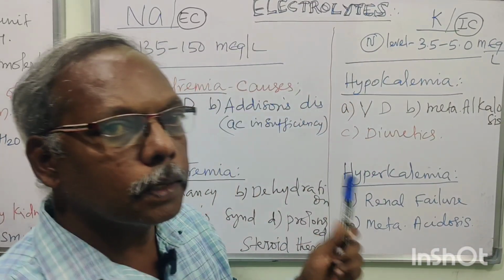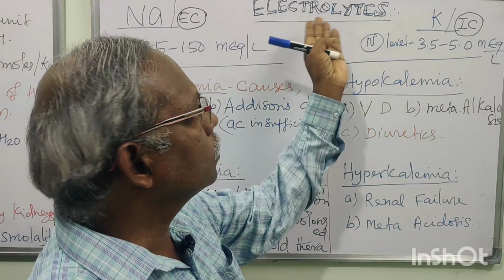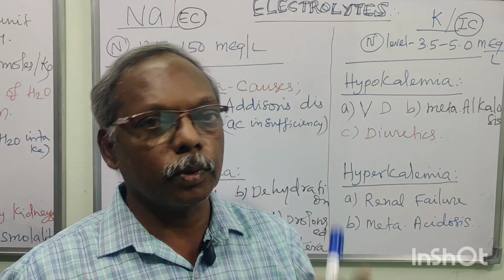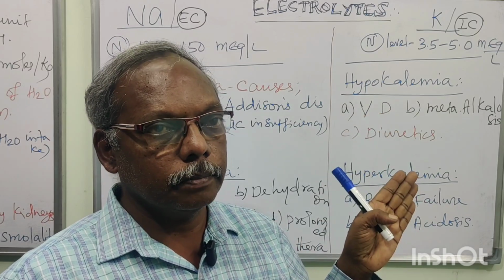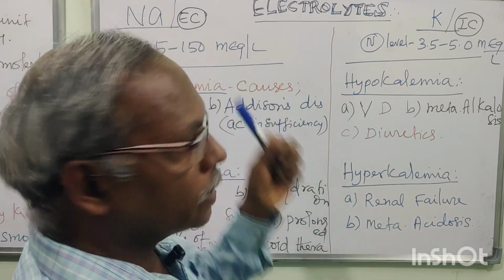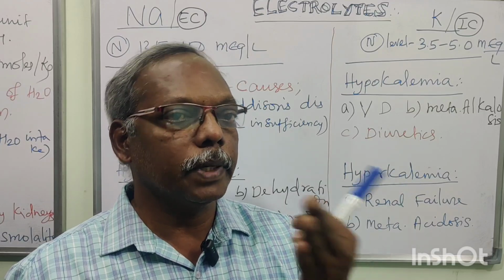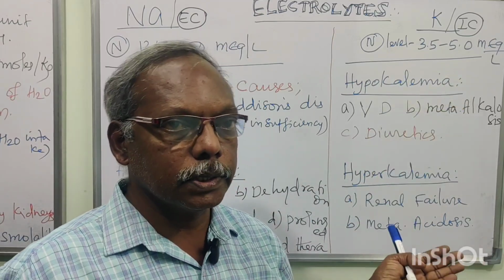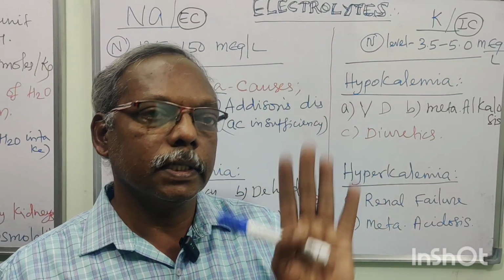Yes, your third and fourth questions are electrolytes related, right? We know the electrolytes are sodium, potassium, chloride, right? They are asking only sodium and potassium, right? So for sodium, what is your question? Normal level of sodium, hyponatremia, hypernatremia causes. Potassium is also the same. So we are going to see just 3 points for your test question.